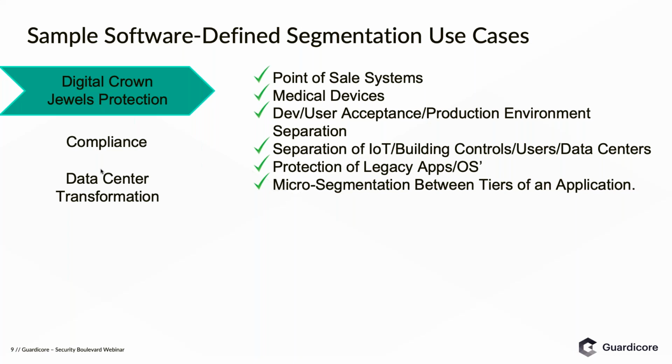We have customers who have development, user acceptance, and production environments and need to separate those. We have things like Internet of Things, like building controls, users, data centers, cameras. We have protection of legacy applications and operating systems. When I go out and see my enterprises, often I'm told we have Windows 2008 and Windows 2003. I know I should be off those platforms, but I still have them. So they're using software-defined segmentation as a way to protect these legacy apps, as well as micro-segmentation between the tiers